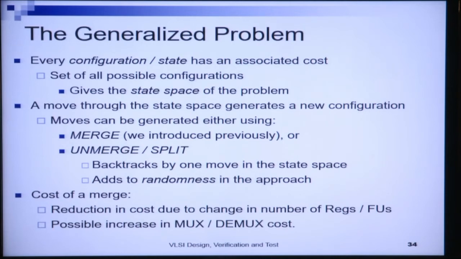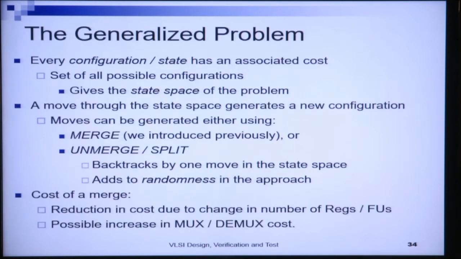The number of hardware registers required to implement a set of temporary registers reduces, because I have done a merge. But on the other hand, arbitration increases, because I have a lower number of registers and functional units. I require more muxes, demuxes for the arbitration. So there can be a possible increase in mux/demux cost,